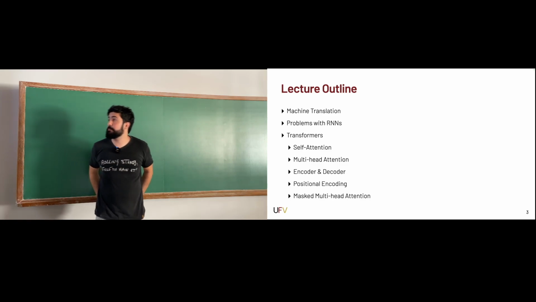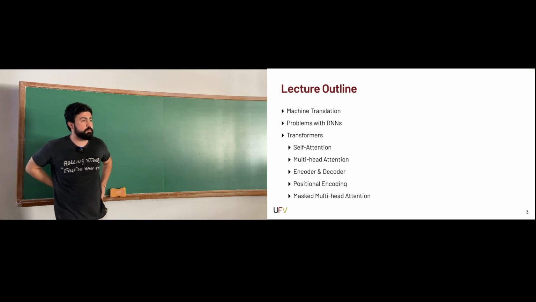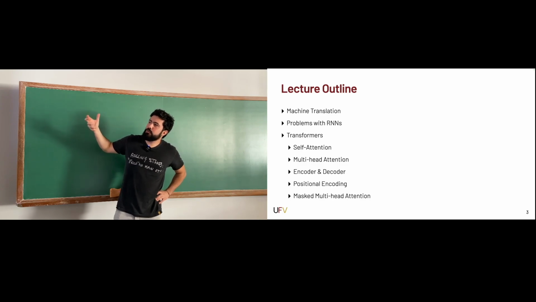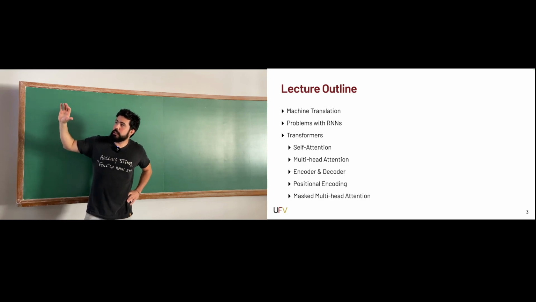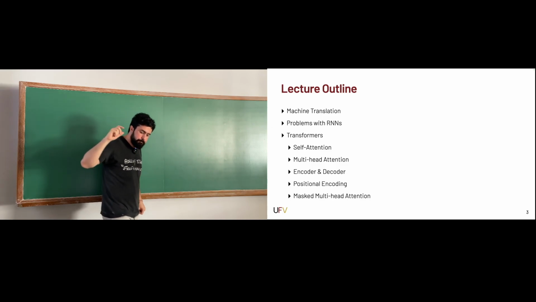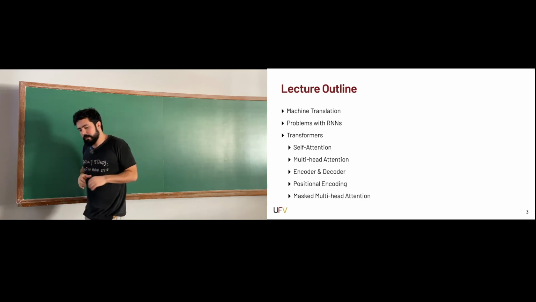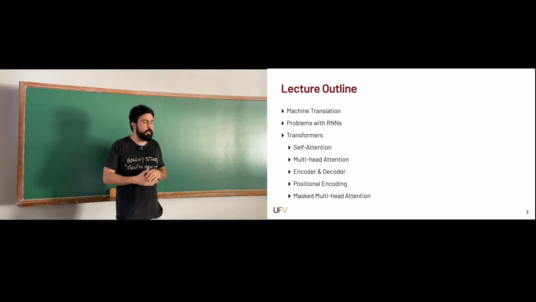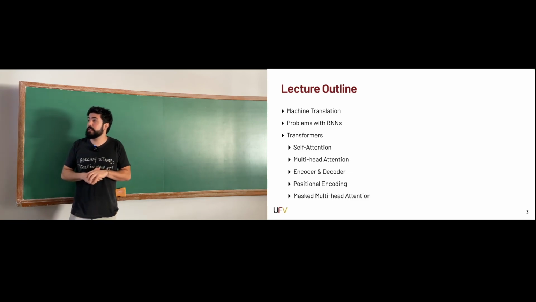So transformers, they build on that idea. They were still defined in the context of machine translation. And to motivate transformers, I'm going to present two major problems with RNNs. And then we're going to talk about the ideas behind the transformers, which is this kind of encoder-decoder architecture that still follows this same idea from seq-to-seq models, but now the encoders and decoders are fully based on the attention mechanism. And the attention mechanism that transformers use is called self-attention